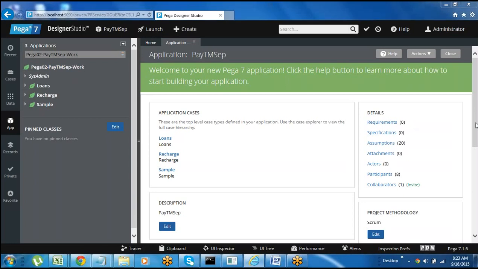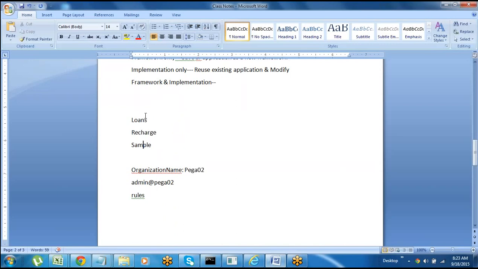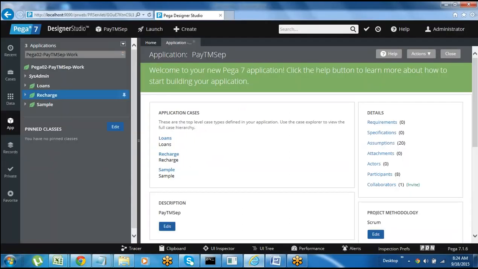Yes, Hari, tell me. Basically, do we get all these cases, loan and recharge and everything, by default, or did you create them before? By default means, that's what I'm saying: at the time of adding the application, in the third step of the four steps, under the different types of cases, I have given three names. Only those names you'll get; whatever names you have given, you'll get only those. We cannot create the cases in this case explorer.